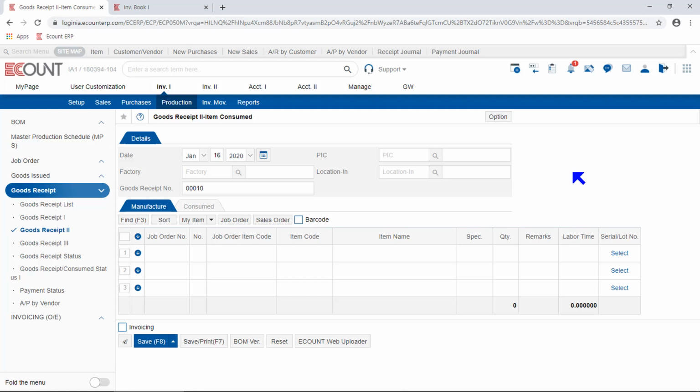In this video, I'm going to look over Inventory 1, Production, Goods Receipt to menu. In Goods Receipt to menu, you can process the manufacturing of finished goods and semi-finished goods, as in Goods Receipt